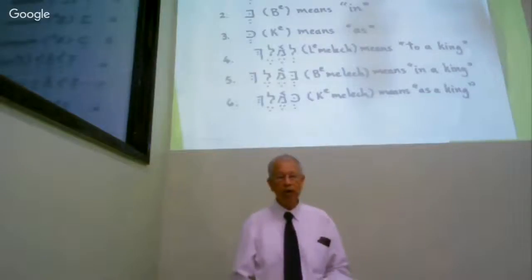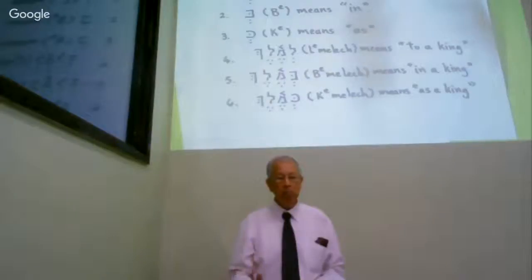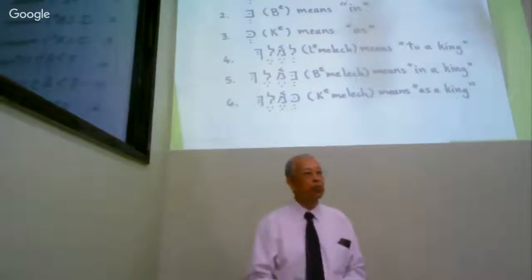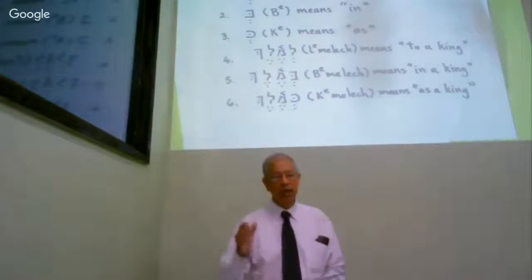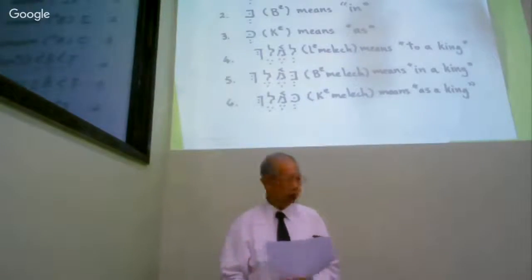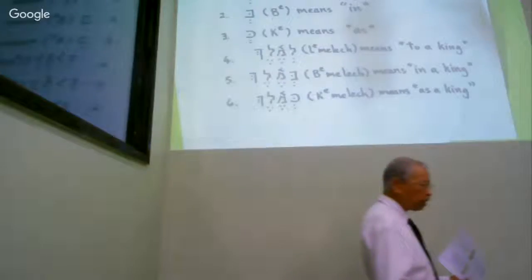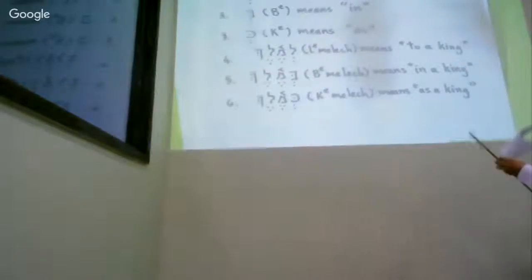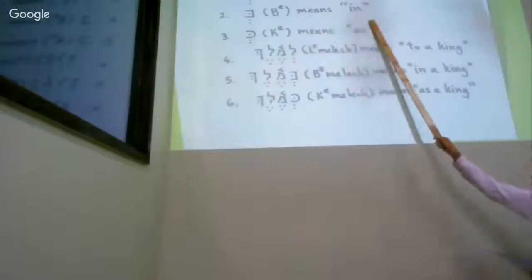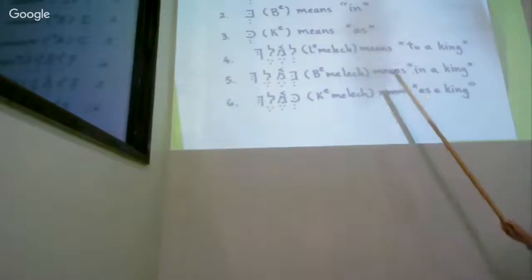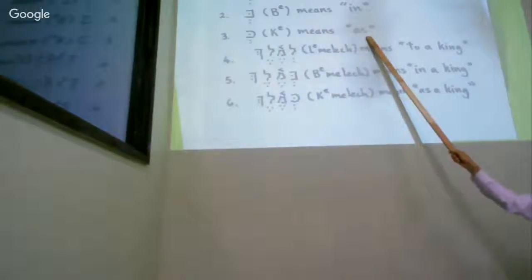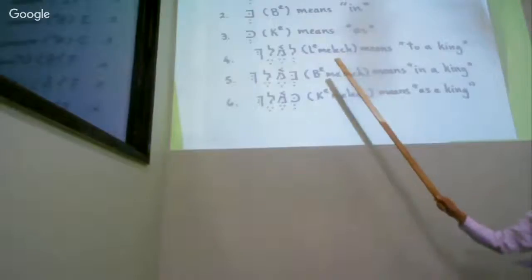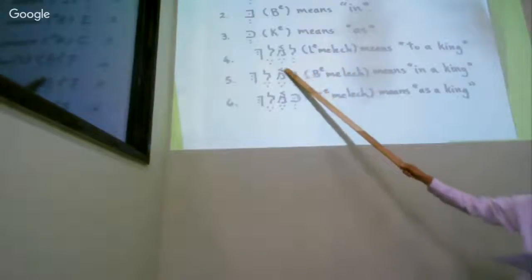Okay, so number one, you need to remember that le means to. Le is a preposition that means to. You must remember that. Le means to. Number two, you need to remember be means in. Number three, you need to remember that ke means as. Number four, you need to remember that melech